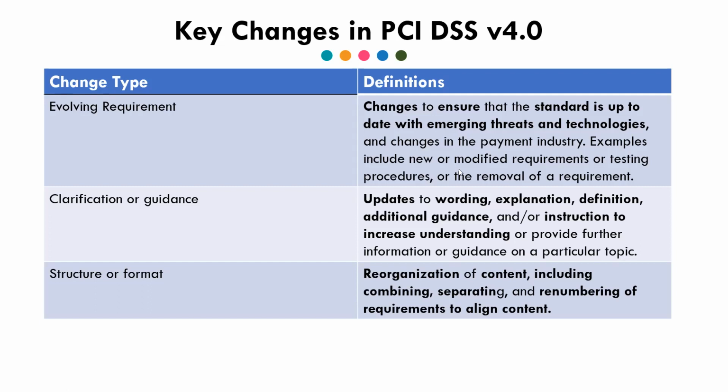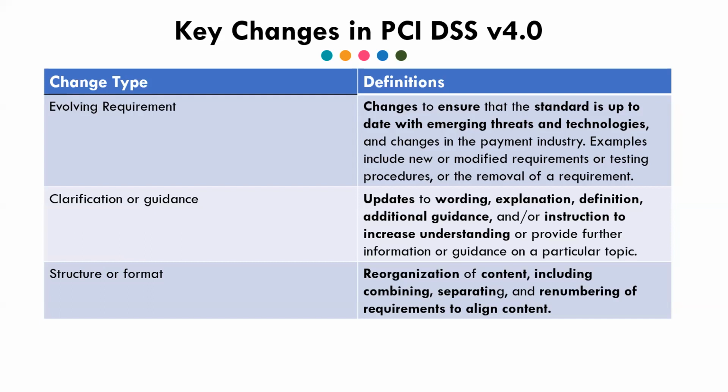And the last change type is structure and format. So the 12 requirements and the 6 goals within PCI, they still remain the same. Yes, some changes in wording, but as numbers 6 and 12, they remain the same. Now the structure, when it comes to the numbering, right? So if we have